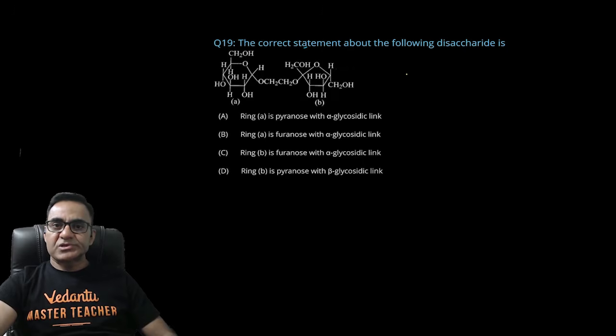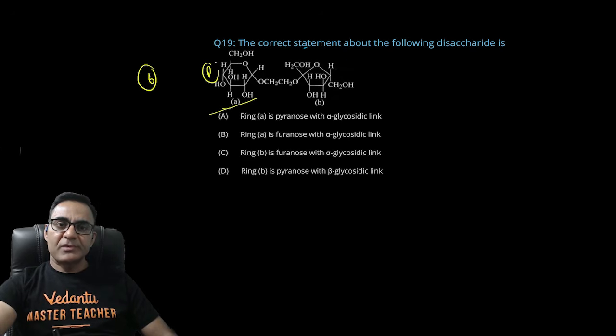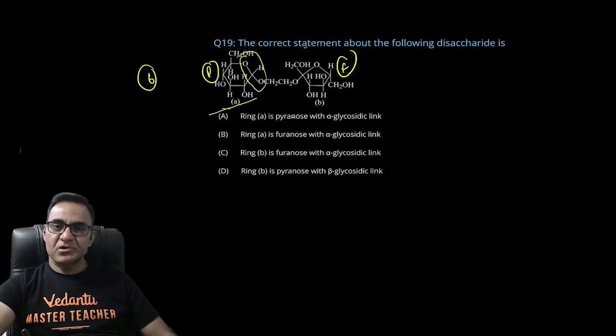The correct statement about the following disaccharide. देखो रिंग A जो है वो एक्चुअली पायरेनोज है, 6 मेंबर्ड है, तो पायरेनोज हो गई। ये पायरेनोज है, ये फ्यूरेनोज है। और एक और बात ये है कि इसमें अल्फा पोजीशन पे ना ये देखो ईथर लिंकेज दिया हुआ है, तो इसका मतलब ये अल्फा ग्लाइकोसाइडिक लिंक जो है वो लेफ्ट हैंड साइड में मौजूद है। तो इसका आंसर होना चाहिए रिंग A इज पायरेनोज एंड अल्फा ग्लाइकोसाइडिक लिंकेज भी रिंग A ही कंटेन करता है। सो A इज गोइंग टू बी द राइट आंसर।